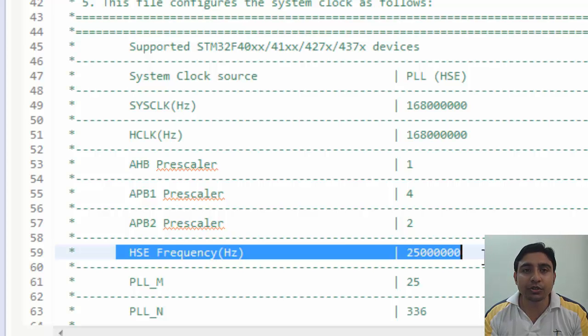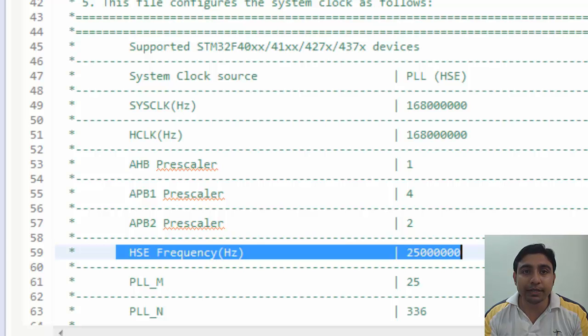Although for just switching on an LED or blinking it will work, as we didn't deal with any kind of real timings in our program, future tutorials will depend on the frequency of the microcontroller. Hence, we need to solve this problem manually. So we will have to change some values here, as our external crystal is 8 MHz and not 25 MHz.